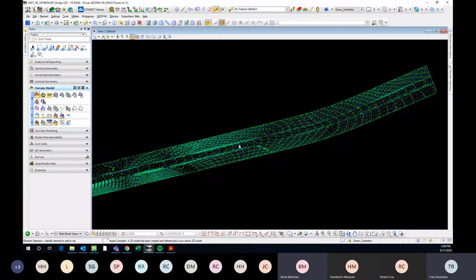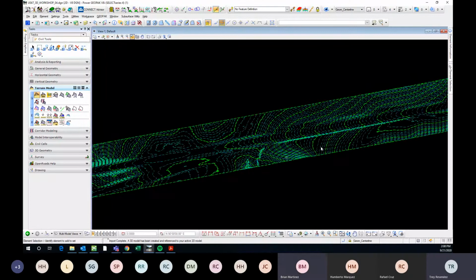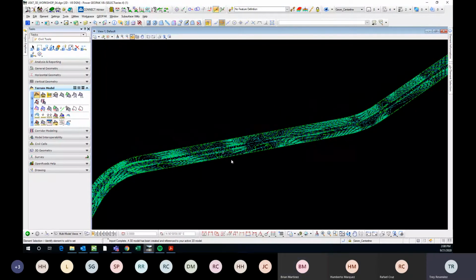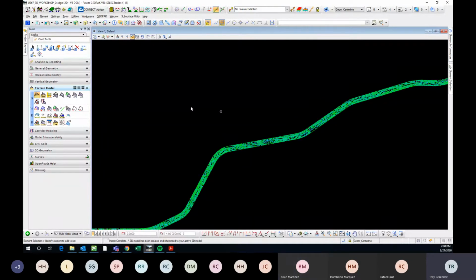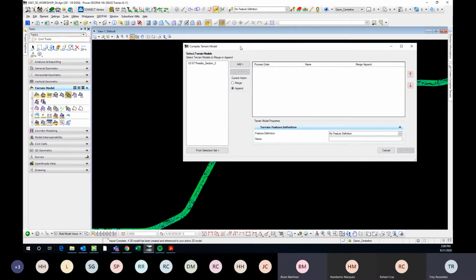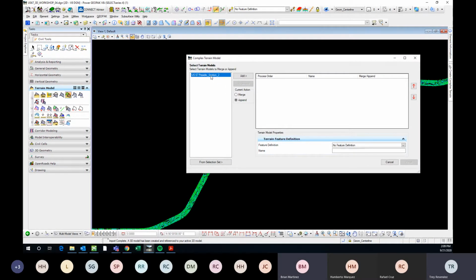And this is all based on the TIN that was provided for this project. If I wanted to create a complex terrain, I will use complex terrain model. I'll make sure all the terrains that I have are imported into this file, and you'll have multiple terrains here. Then you're going to add them over. You'll say add,